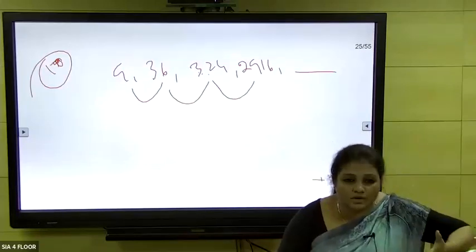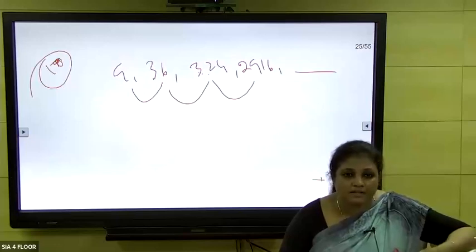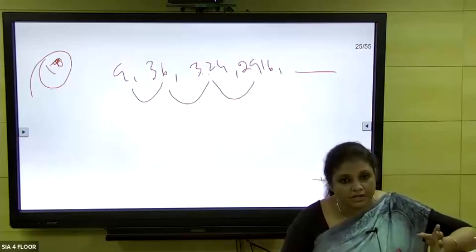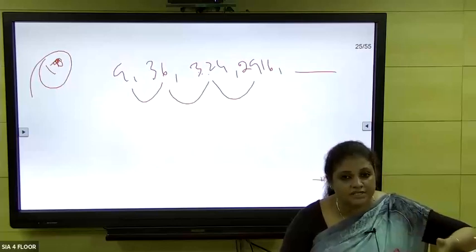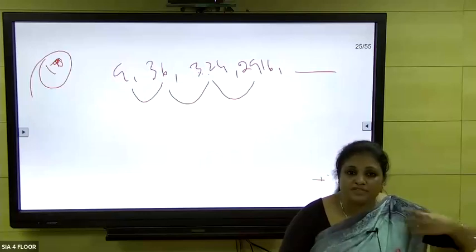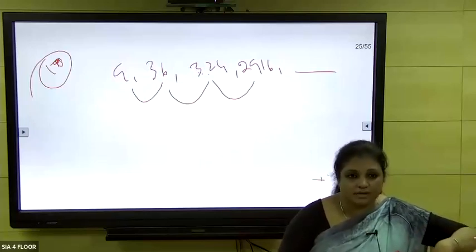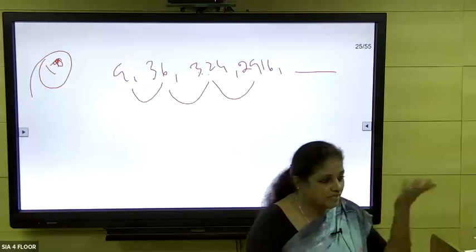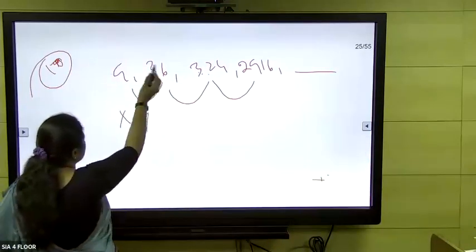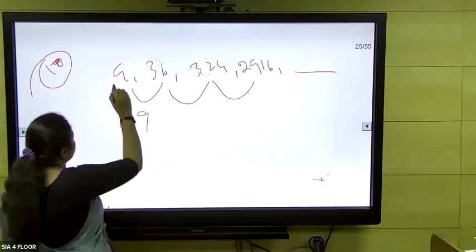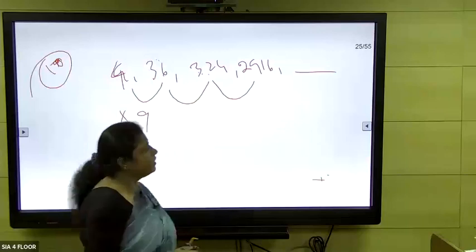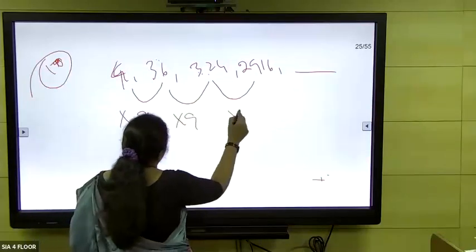Okay, so obviously you should think about the operator of multiplication. You should not go with addition. Instead of taking the difference, you just have to see what number should be multiplied with the first number to get the second number. So go in that way instead of making the difference. Multiplication by 9, because this number is the exact multiple of 4, correct? So multiplying that with 9 gives you the next number, and here also, here also.